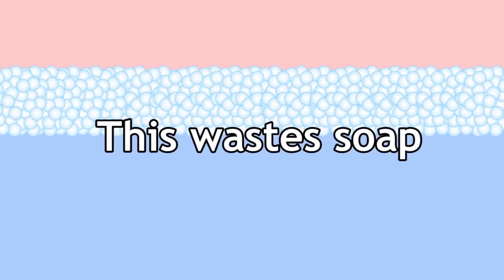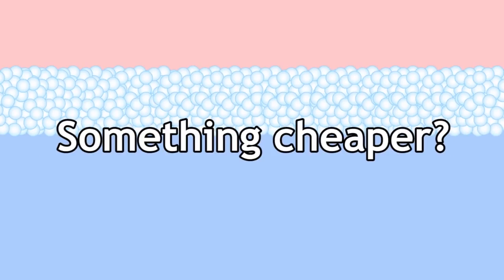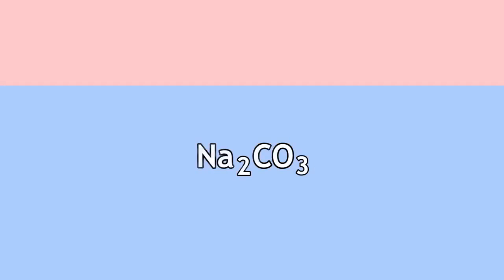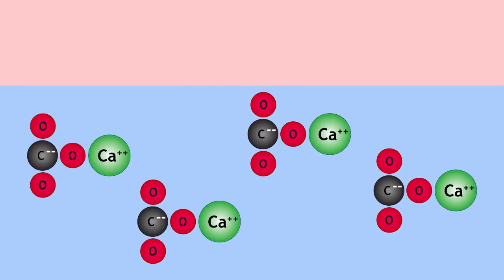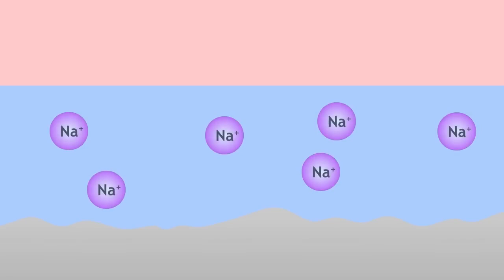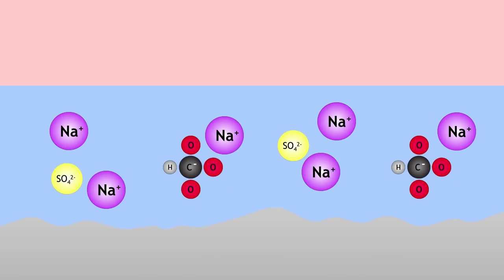However, this wastes soap, so we need to find something cheaper that will react with the calcium ions in the water and form a precipitate, sort of removing them from the water. Enter washing soda, sodium carbonate, much cheaper than soap. When you add the soda, the calcium ions join up with the carbonate ions, forming limestone as a precipitate, leaving water free of the hard ions. Now only the sodium ions remain in solution, balancing the sulfate or hydrogen carbonate that used to be with the